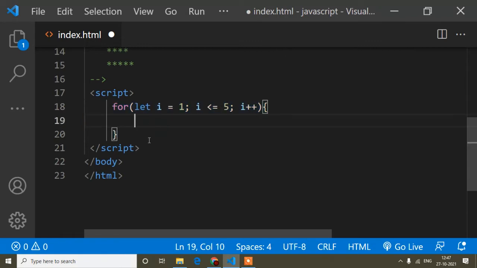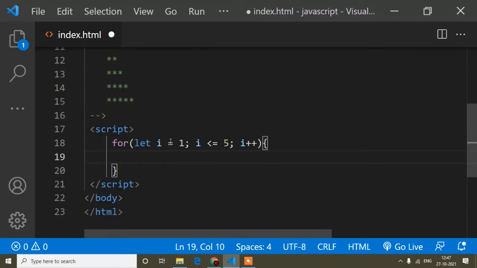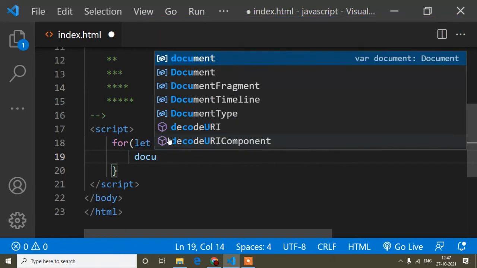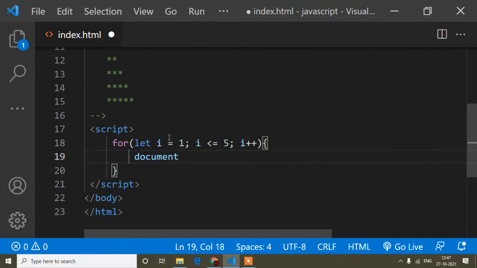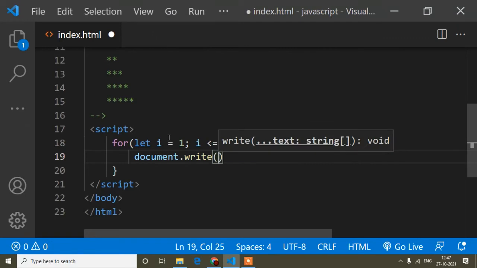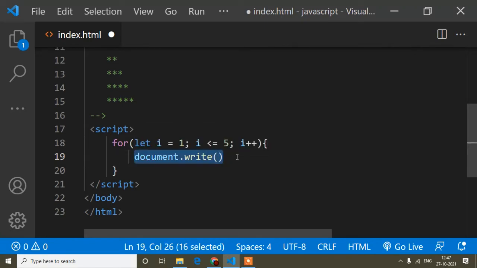Now if I print something, suppose I write document.write. If you don't know the use of document.write, when we use document.write, it means we can write anything in our web page. This is our web page.